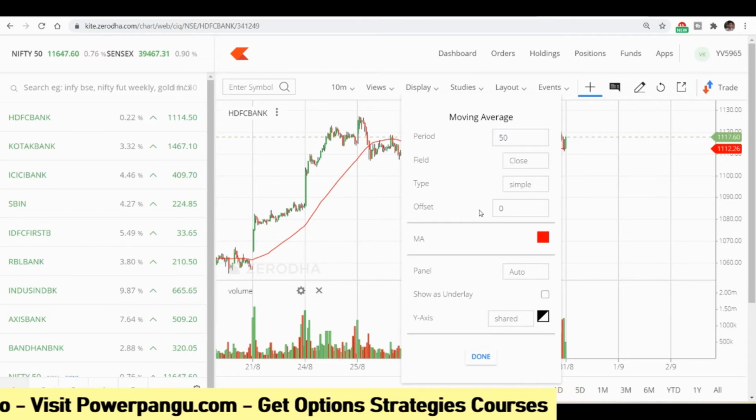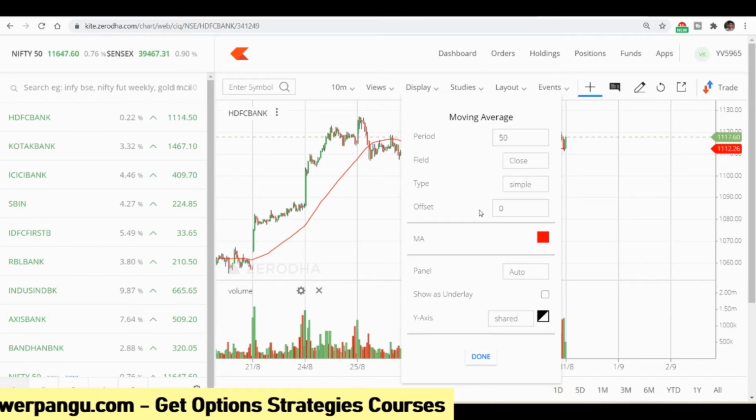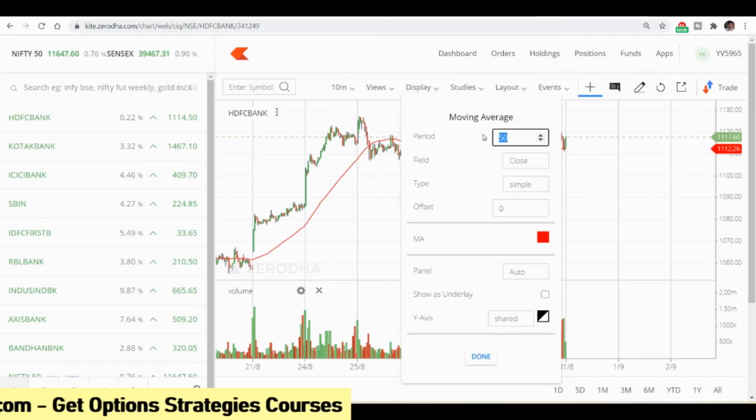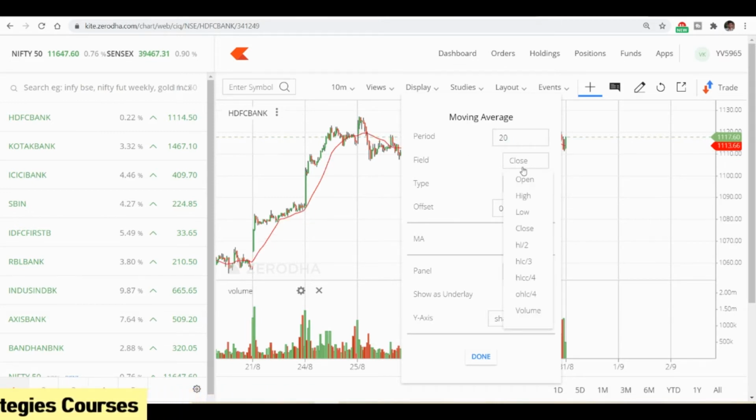Now I will use a 20 moving average period and draw it over the field close. Field close means we have open, low, high, close. In the candle we have 4 parts. The candle opens, makes a high within that time frame, makes a low, and closes at a particular time. I'm going to draw on the close, wherever it has closed, using the 20 moving